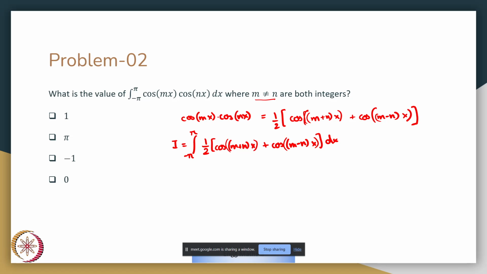Notice that since m is not equal to n, this m minus n term is non-zero. So we have half of the integral of cos of k1 x dx plus half of the integral from minus pi to pi of cos of k2 x dx,